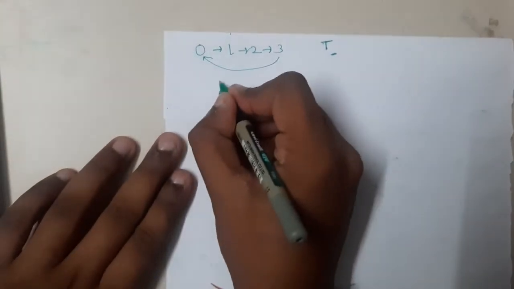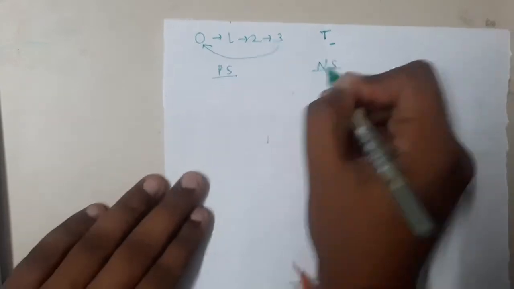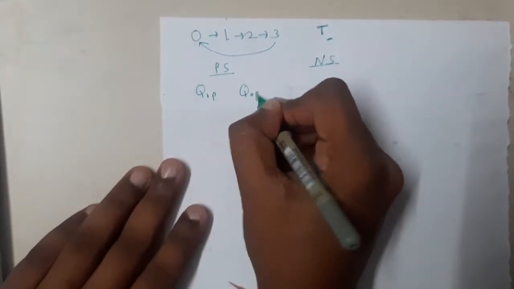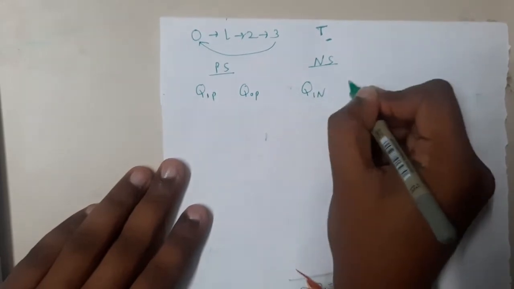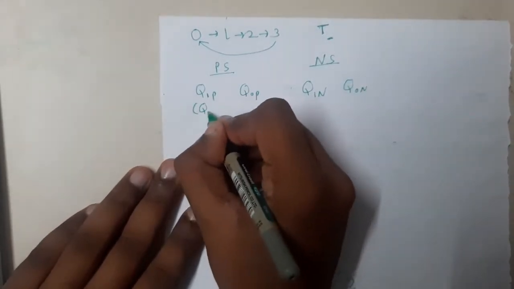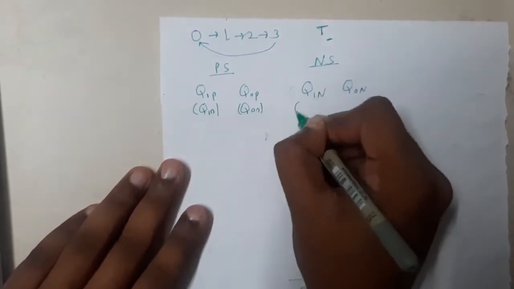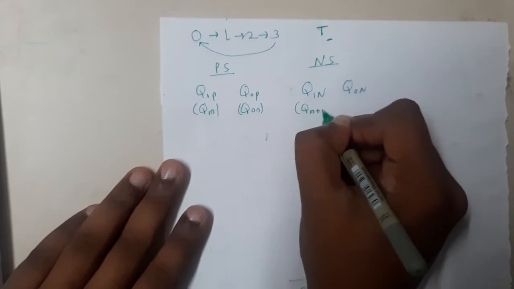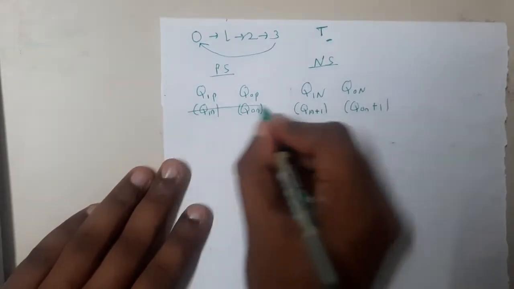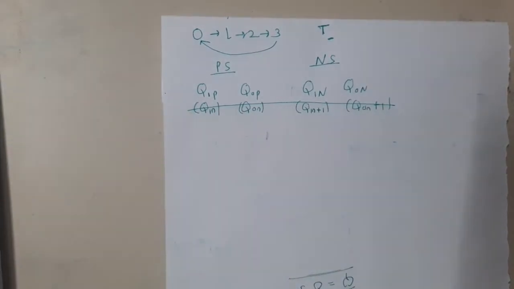So let us assume the present states here, the next states here. We already know these values, so let me write it down. Q1 n, Q0 n. In simple words, this is nothing but Q1's present, this is Q0's present, this is Q1's n plus 1, this is Q0's n plus 1. Anyway, for our easy understanding, I'll be using this above representation only, like present and next.